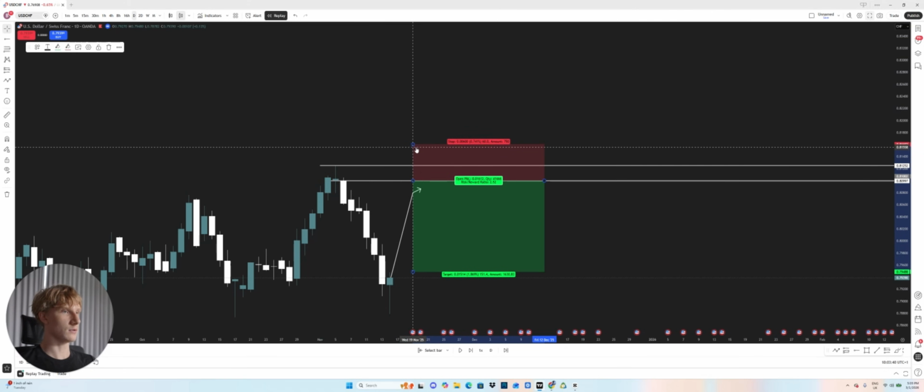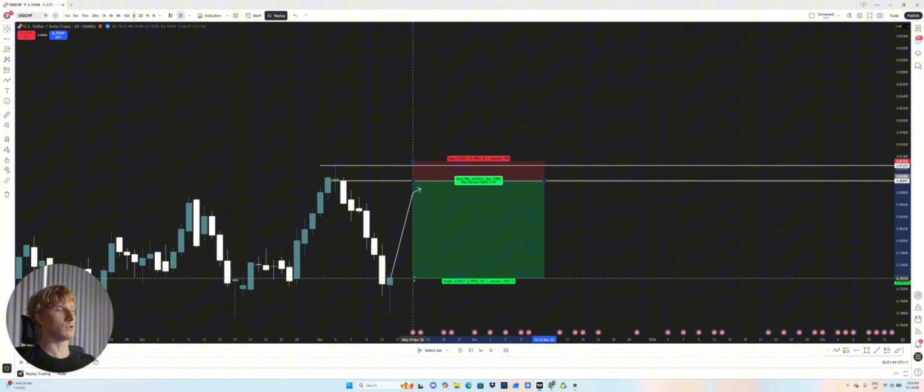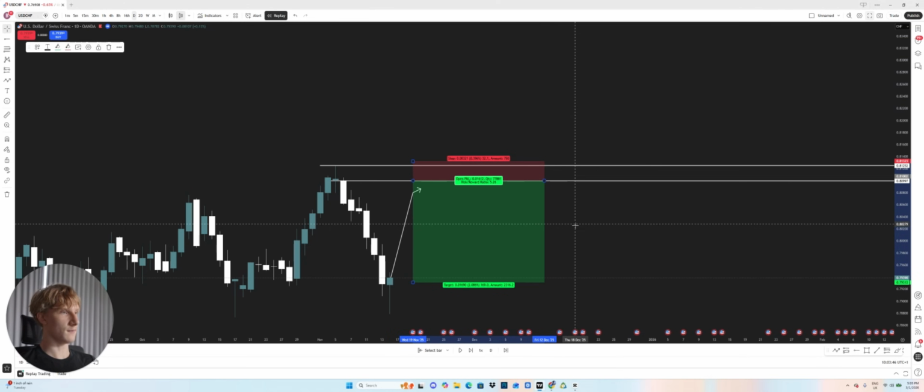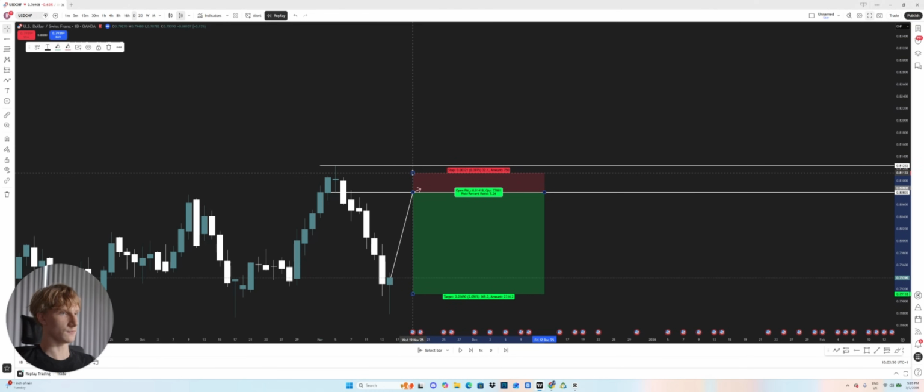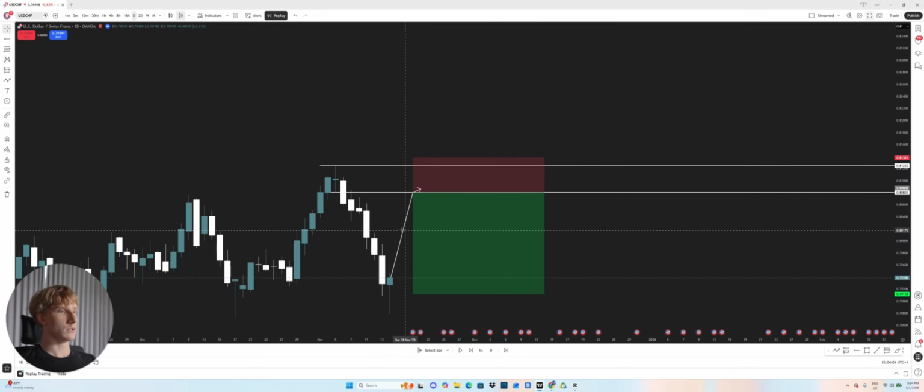So let's go ahead and take a look. If we were to target the preferred, yes, we would get a 1 to 5. But in this case, let's go with the wider purely because of the amount of area that price needs to cover to get into this zone. There is a chance that it will come into the wider and then just move down lower. So let's go ahead and play this out and see what happens.